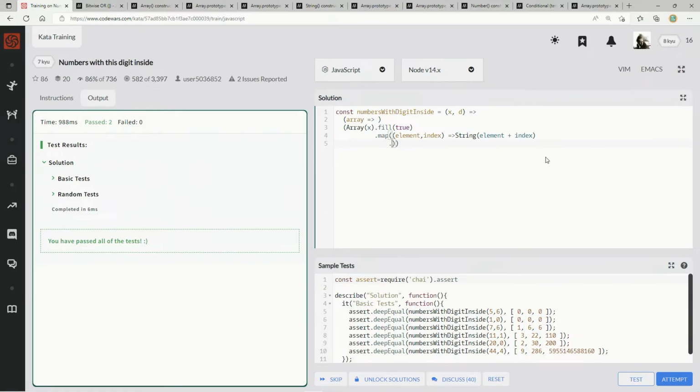So we're going to say dot filter, and we're going to say element arrow, and if element dot includes the string constructor d, all right, if that's the case, we're going to keep it,